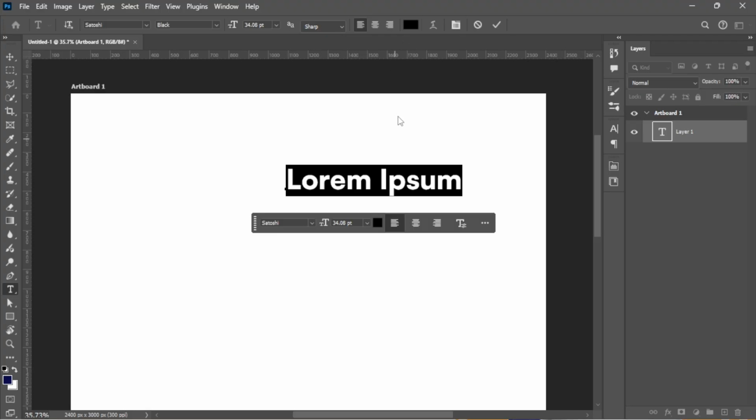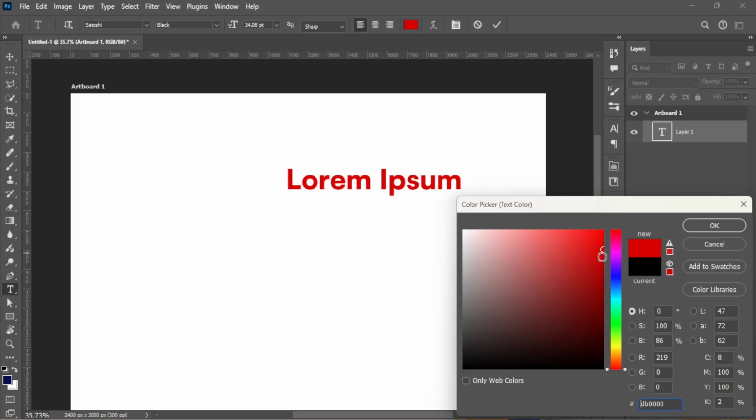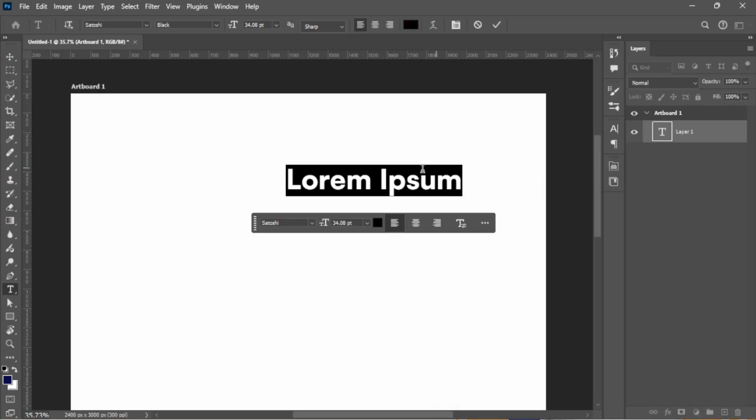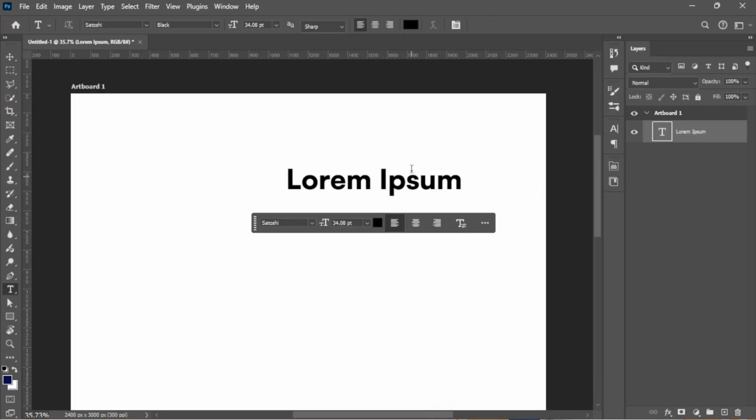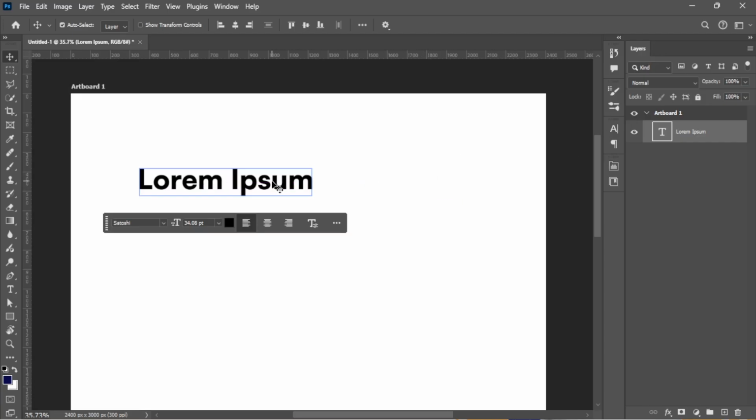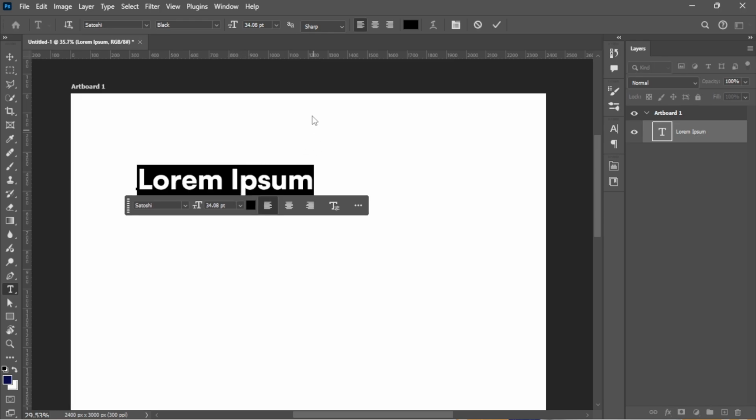Now if the color it gives you is not black, you can just come here, you can change the properties here. So just click on this, then change it. Let's say it was red, you change it to black. Now this is a text layer. You can see that it's already appearing on our layers panel. We can hide it and we can unhide it. If you want to hide it, just click on this eye icon that you have beside your layer. Like I said, you can edit whatever you typed in a text layer. It's editable. So let's type something like